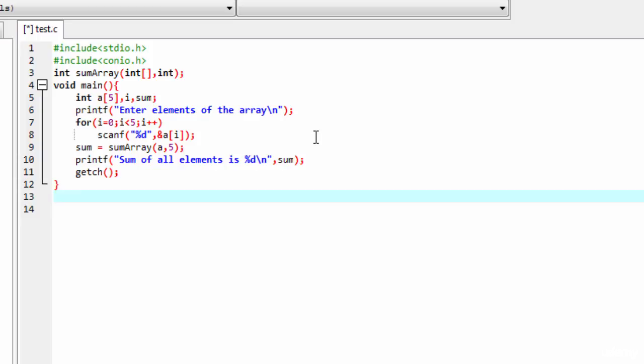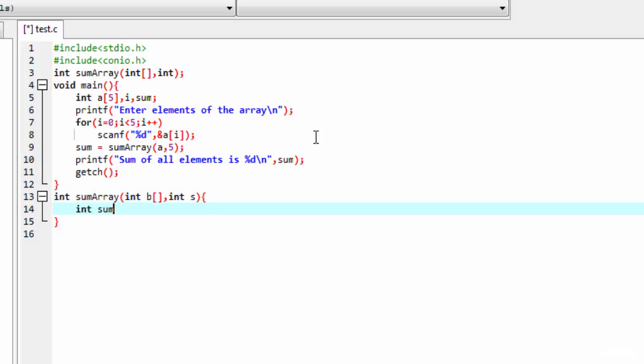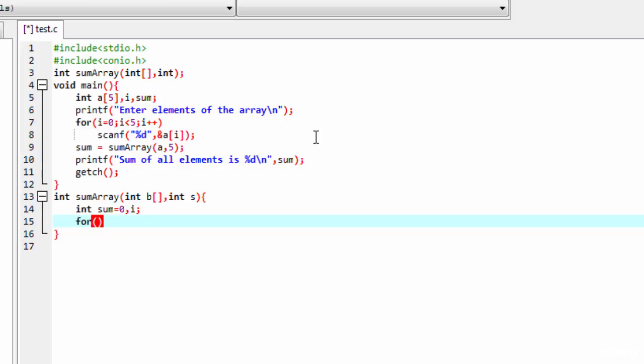So I'll write int sumarray and then int b[] and then int s, then curly brackets, int sum equals 0, then i variable. Okay, then I will write for i equals 0, i less than s, then i plus plus,